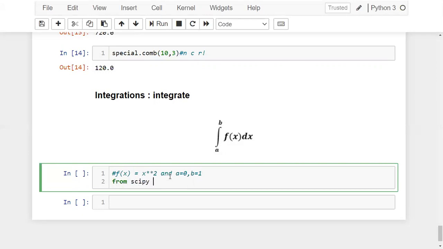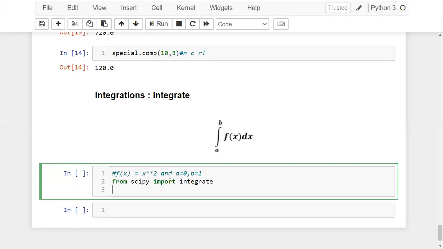I'm writing from scipy import integrate. Now you need to create a function with the name f. Here my logic is a single line, so I'm using a lambda function. I'm writing lambda x, and my function block is x squared.